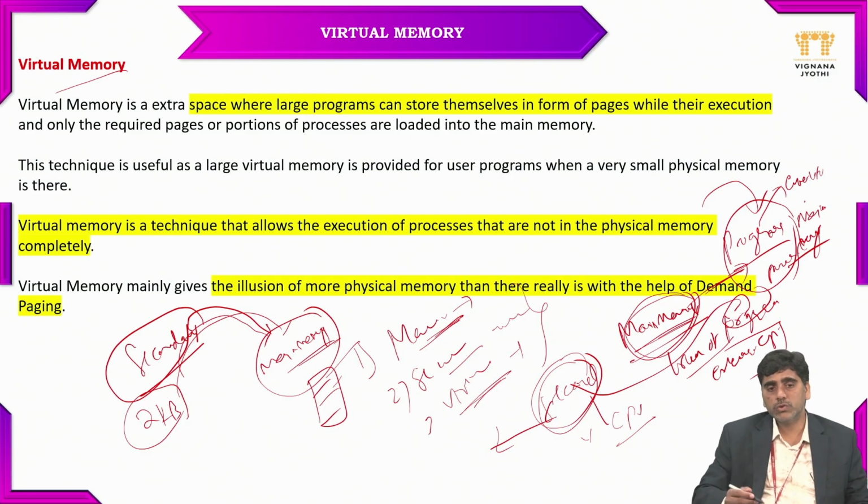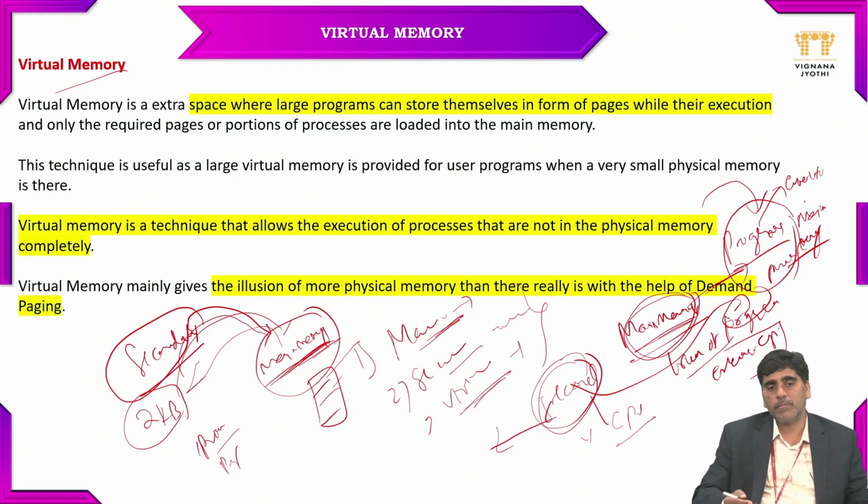But when it comes to a large number of processes or pages, is main memory suitable for accommodating every size of process or not? If main memory cannot handle large program sizes,